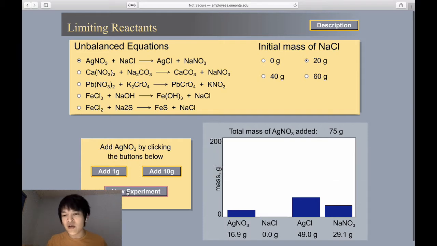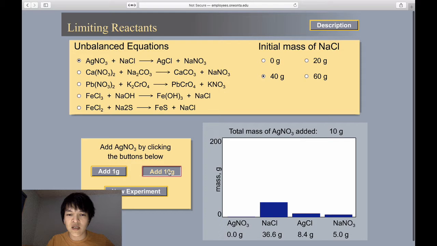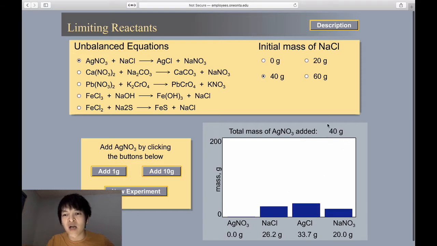But for this problem, I'm going to start new. I'm going to choose an arbitrary amount. Let's say I have 40 grams of sodium chloride here, and I'm going to add exactly 40 grams of silver nitrate as well. Let's see what happens. So add 10, 10, 10, 10, and then you're going to notice there's 40 grams of silver nitrate added, all right? And then right here, this is what's going to be a result of these 40 grams of sodium chloride